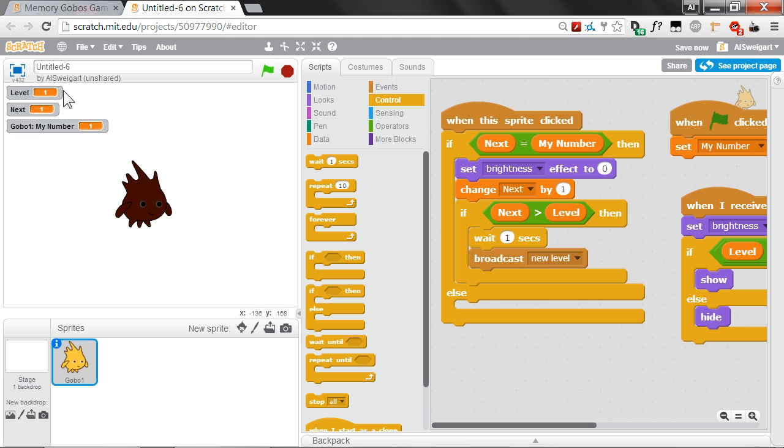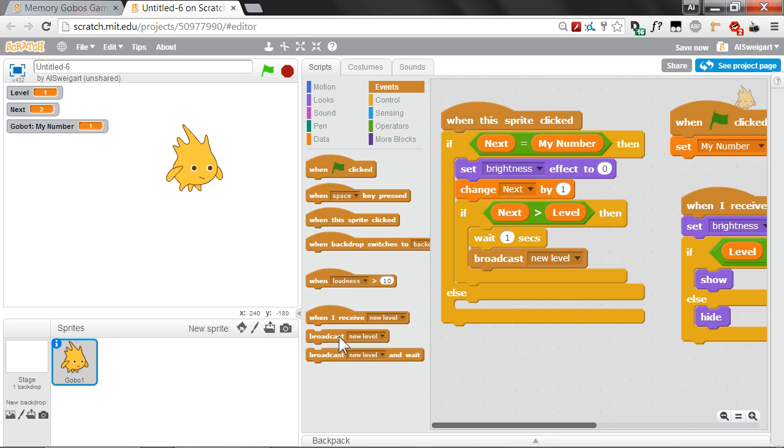So level is equal to 1, next is equal to 1. So when I click on this, next is greater than level, so that means that we should start the next level. But of course, we haven't written any code that handles this new level broadcast. So let's do that for the Gobo sprite. Really, all the Gobo sprites do when a new level starts is they just find a new random place on the screen to appear. Let's go to the brown events section, grab when I receive new level,